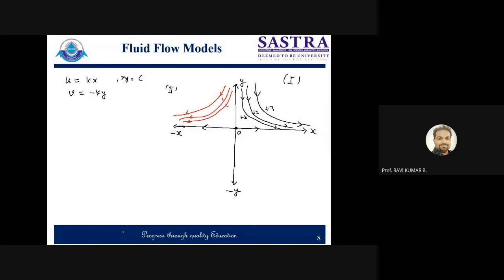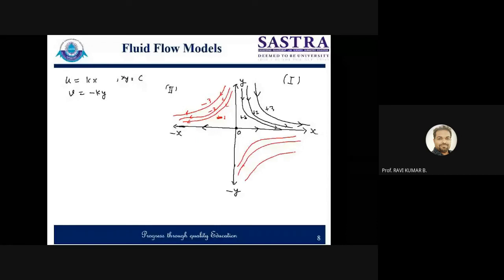Clear? So this is for another thing. Here also you can put plus. I mean here all things are minus. So minus 1, minus 2 and minus 3. These are all constant values. And the remaining thing also will be something like this. So here I am drawing again. Right. The pattern will be something like this. It is following like this, and here it is following like this. So the pattern is something like this.